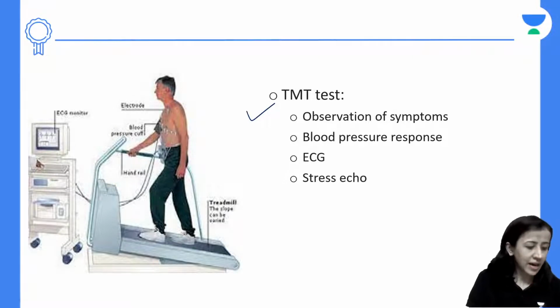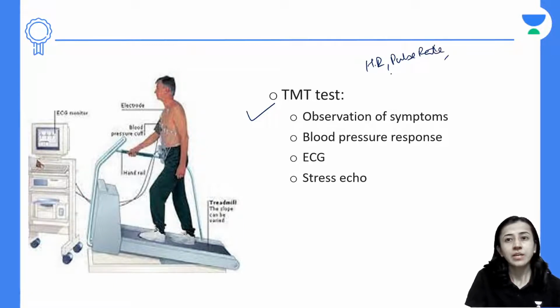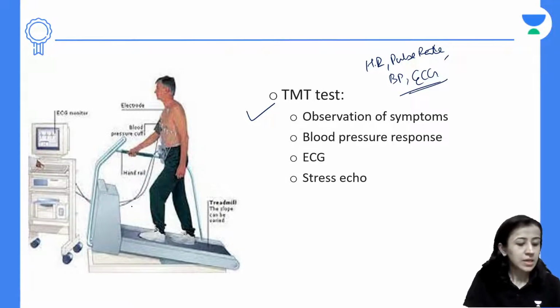After that, the person is allowed to walk on the treadmill, and along with that you can see here all the leads attached to the monitor. So the physician can monitor heart rate, pulse rate, blood pressure, and ECG. So continuous monitoring of this is to be done while performing this